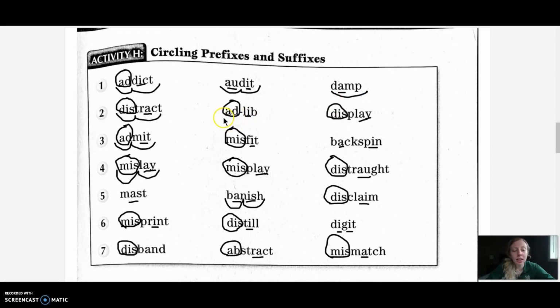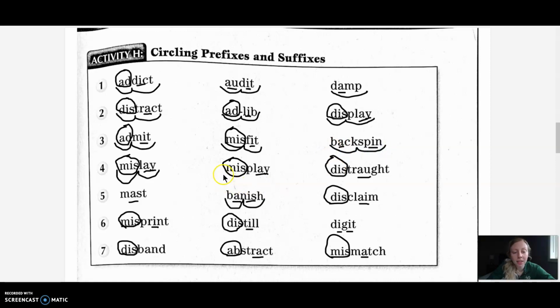Okay, this one has a prefix, and then there's another vowel combination. So we know that the first part of the prefix is the first word part, and then this is the second. So ad lib, display, misplay, fit, misfit,